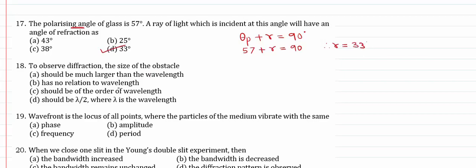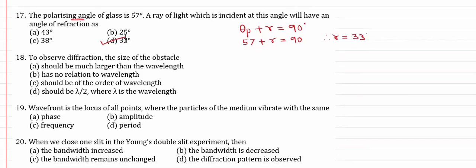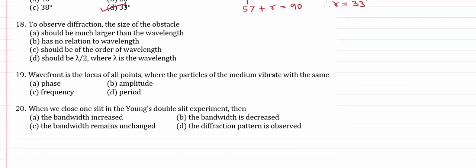Option D. 18th, to observe diffraction, the size of obstacle should be. So for diffraction, the obstacle size should be of the order of wavelength. So option C is the answer. Wavefront is the locus of all points where particles of the medium vibrate with the same phase. So that is the definition of wavefront. When we close one slit in Young's double slit experiment,